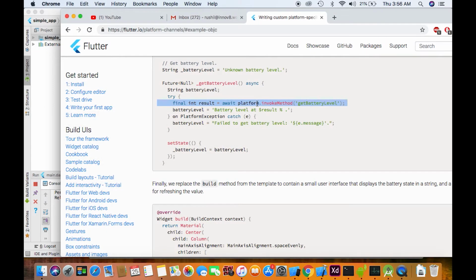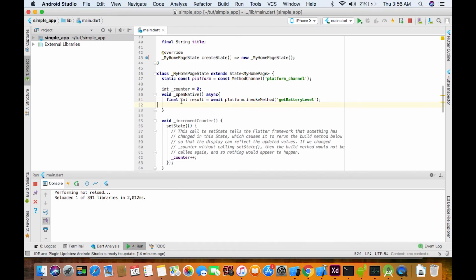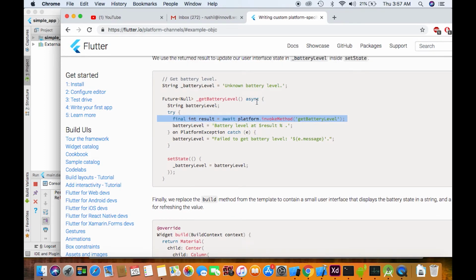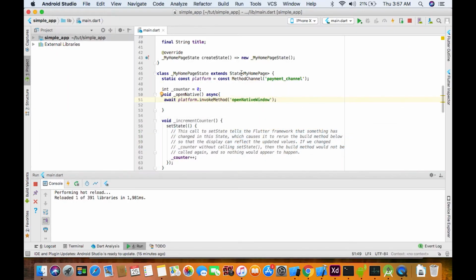Don't get confused, you'll be able to understand what's happening. This should be the platform channel, which could be something like payment channel. Now I'll call open native window. This is the method name. That's pretty much it on the Flutter part, where this button should call a native method through the method channel, whose address is payment channel.